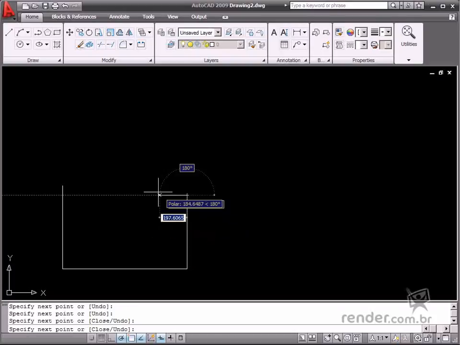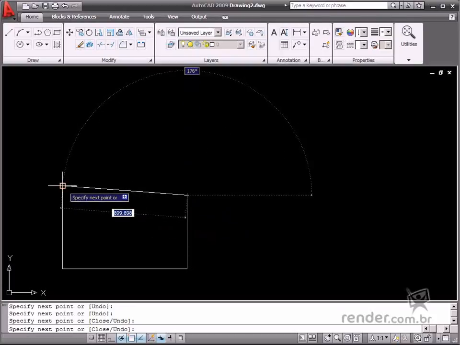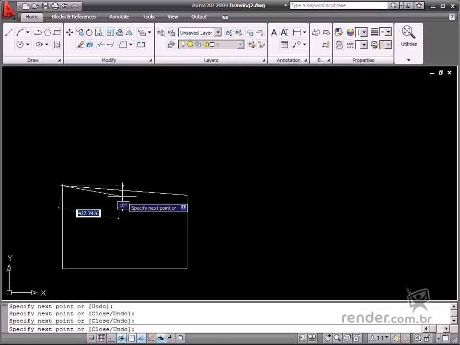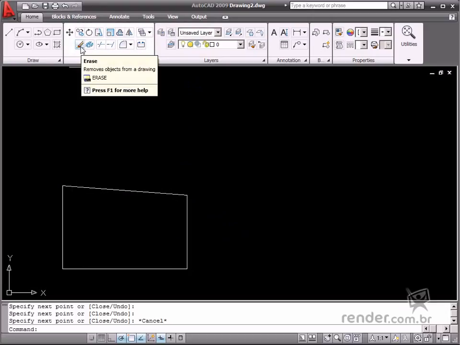When working on your drawings, it is common to make mistakes while creating an element, or many times some elements are no longer necessary in the current file. In these cases, use the undo, redo, and erase commands, respectively, to undo and redo an action or erase an element present in the drawing.